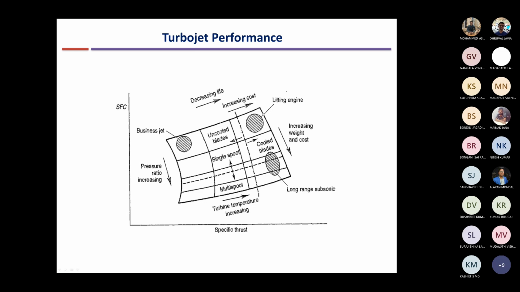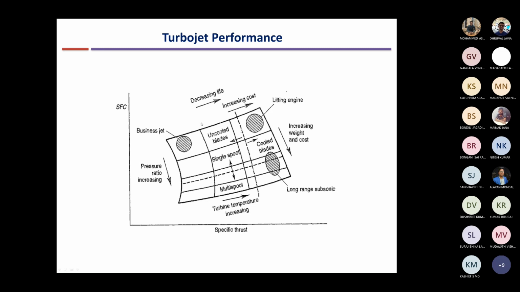Okay, so very large thrust is required, but because it's a military aircraft and they operate for a very short duration, it needs the maximum thrust during the lifting part. So during that time, fuel consumption is not a concern. So we can go for this corner, which is high turbine inlet temperature but less compressor pressure ratio.